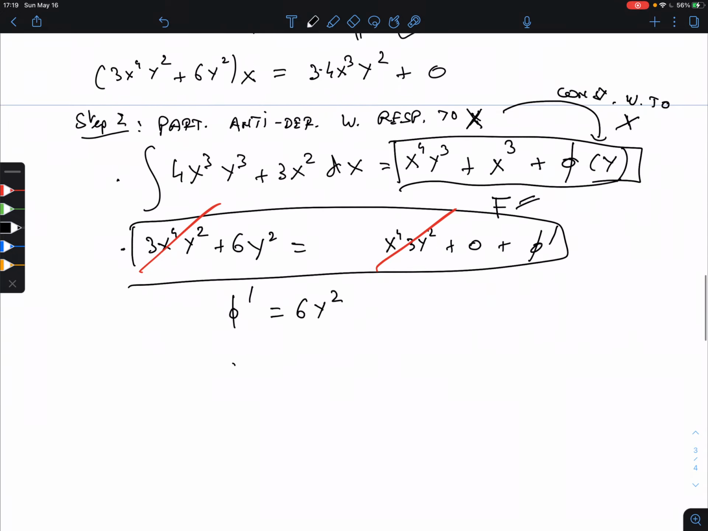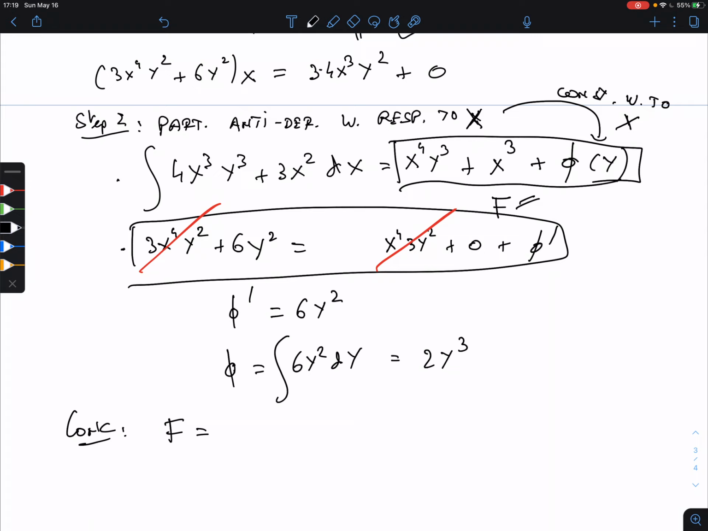Oh, but then I know what phi is. Phi is a function of y, right? So I have to antiderive with respect to y, so this is the integral of 6y squared dy. Antideriving, that is 2y cubed, plus c. It's okay because we're looking only for one capital F. So conclusion,